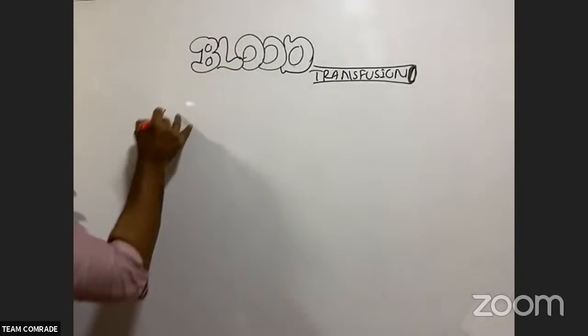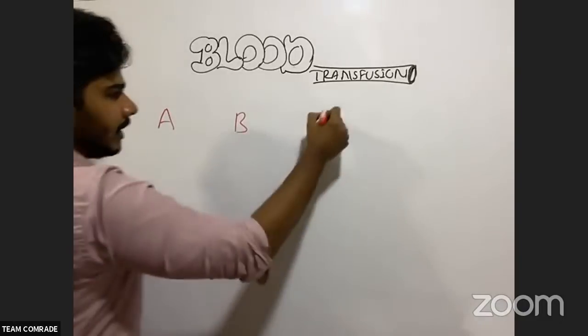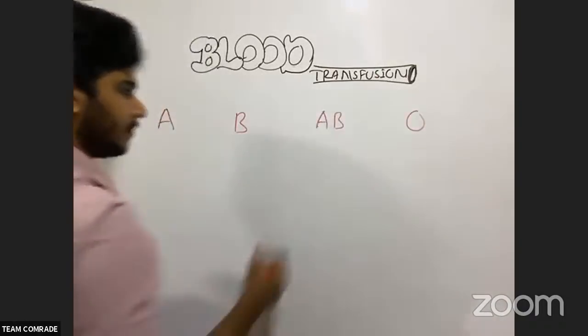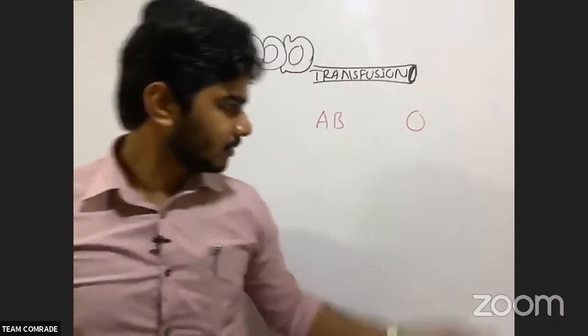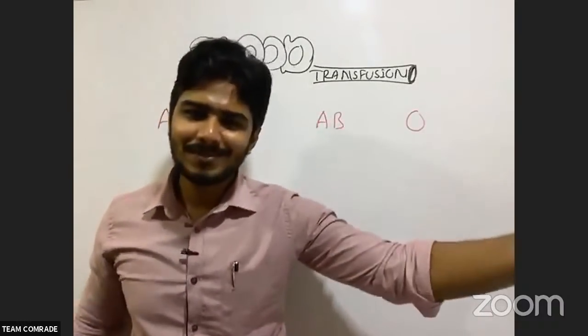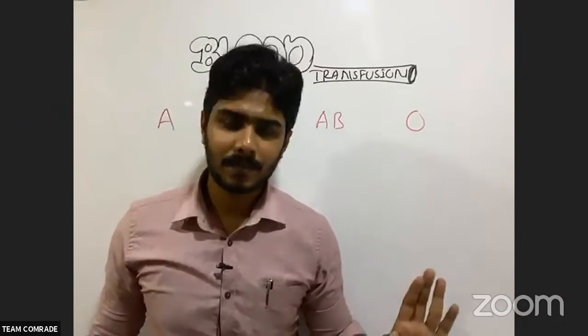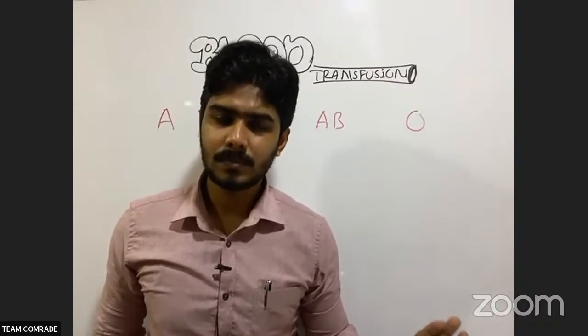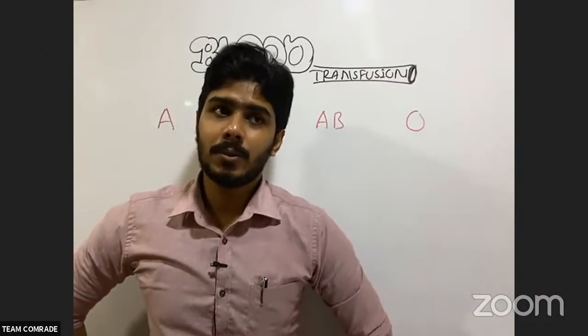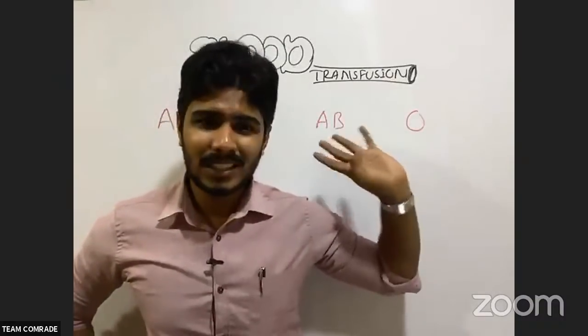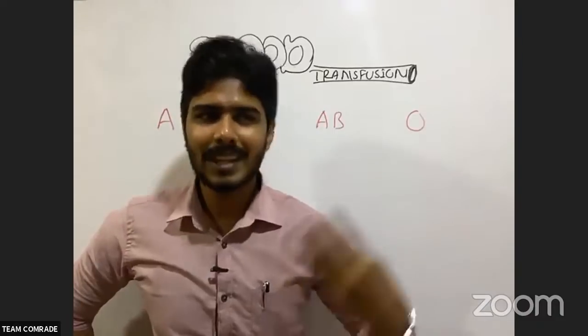Okay, right. So what I want to tell is, in these conditions we might have to give blood. When we want to give blood, we have 4 types of blood: A blood, B blood, AB blood, and O blood. O is the kind of person who likes to give. And O positive or negative also exists. Now these are the 4 types of blood we have, for the donor as well as the receiver.